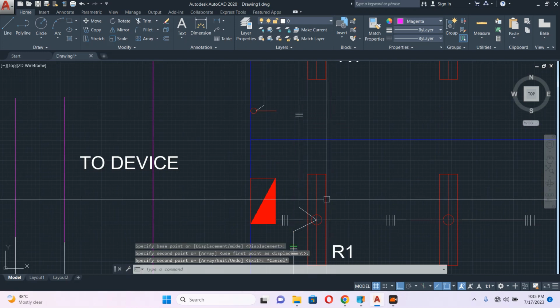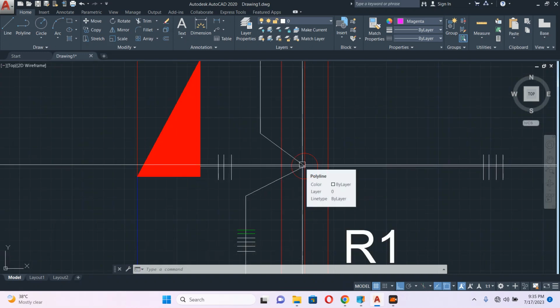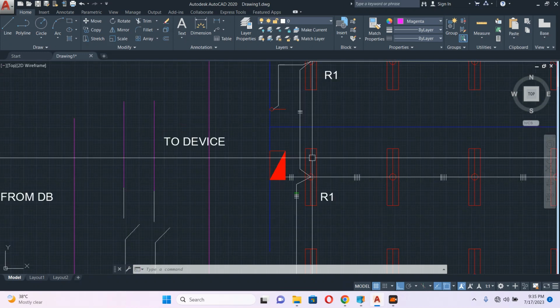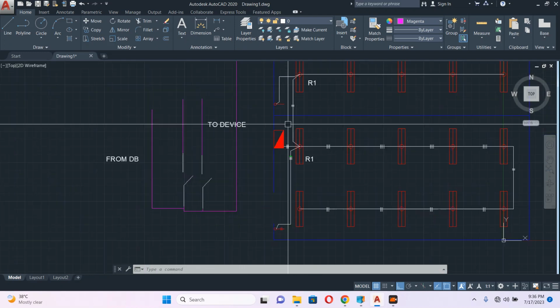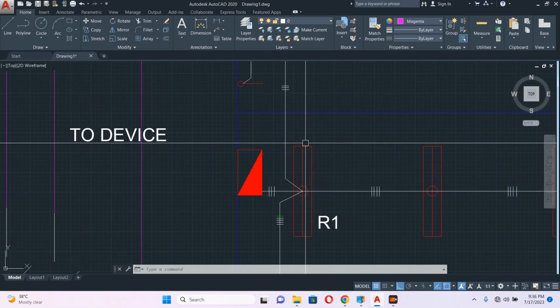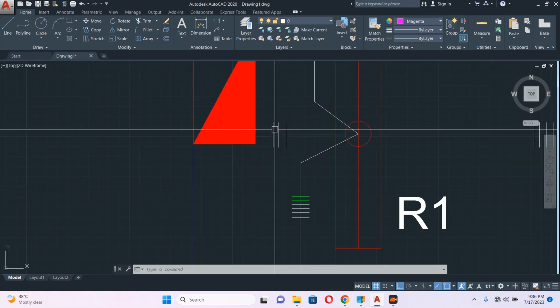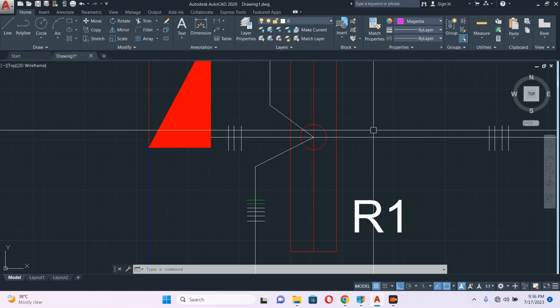So what about neutral and earth? They will put a connector here. From the connector, they will take another wire connection. Neutral and earth will come from there. Only the phase will come here because we cannot just use the switch. If you can use it, you have to... but it's not allowed. If you are using it, you have to use a connector